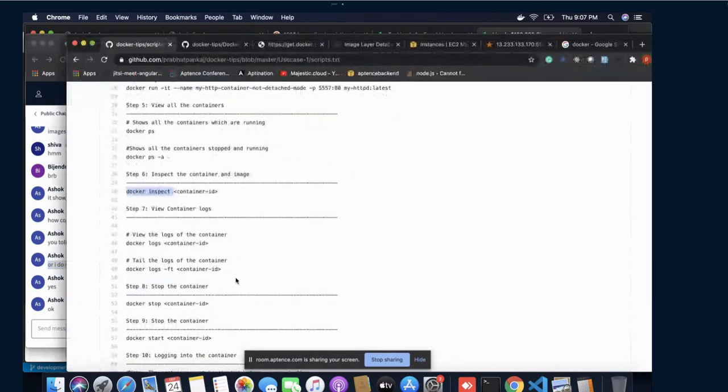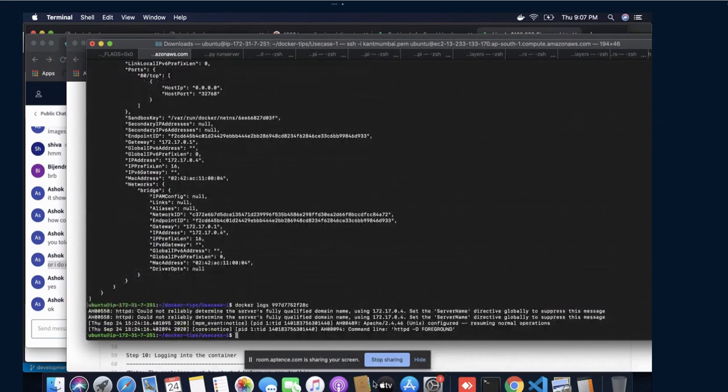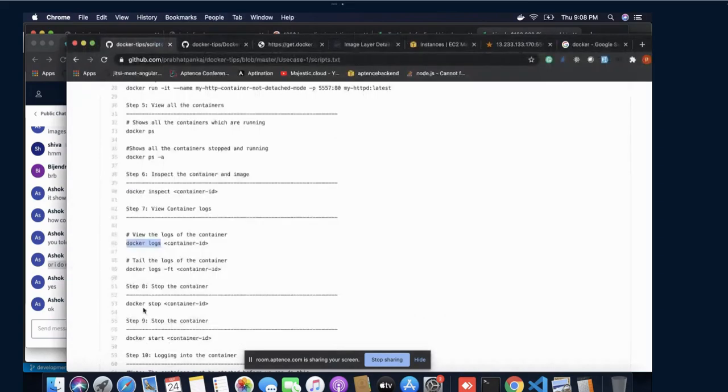Okay, now if you want to see logs, the step is very simple. You can simply write docker logs and the container ID. Let me run it.